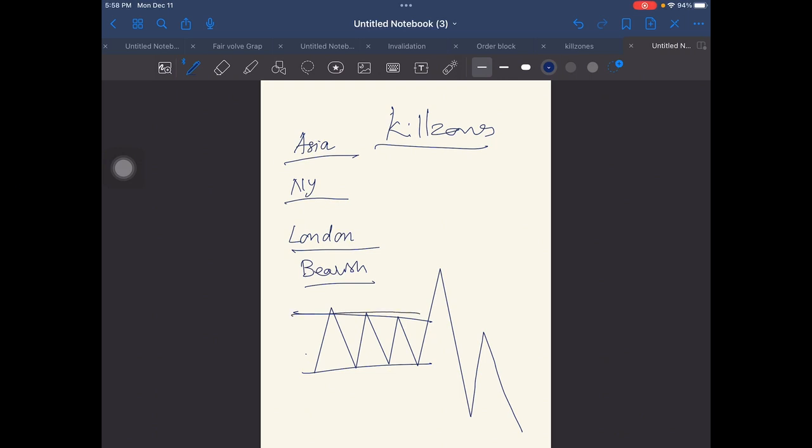So this is Asia high, this is Asia low. What typically happens in a bearish scenario is, it is going to go up and down. Usually consolidation happens during Asia hours, that is between 8 p.m. to 12 a.m. It consolidates between the high and low, and it takes out the liquidity in the opposite direction during the London hours. The London hour is from 2 a.m. to 5 a.m. That is when the market reverses. If it is bearish, it turns bullish. If it is bullish, it turns bearish.